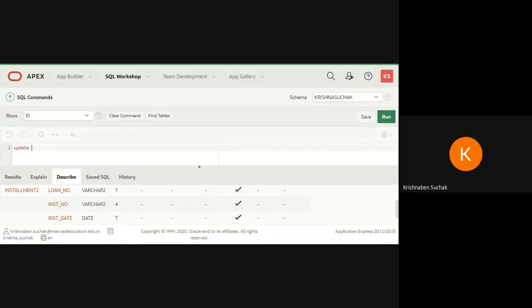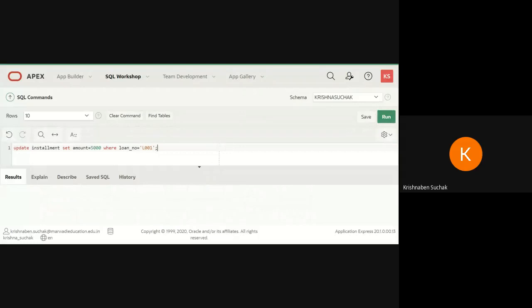Update installment set amount equals to 5,000 where loan number equals to L001. Okay, then go to run.